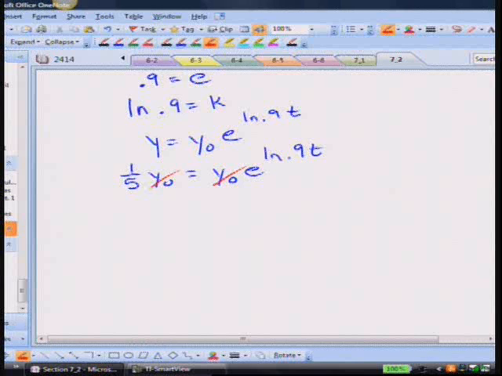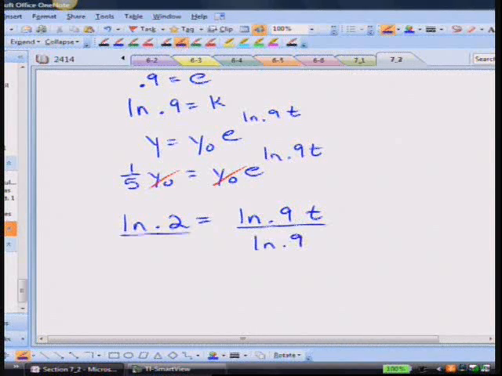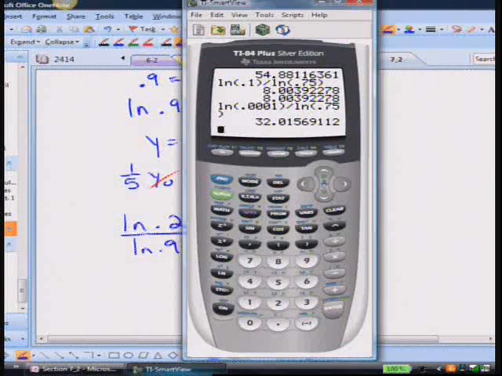And then 1/5 is 0.2. So we can say the ln of 0.2 is equal to, when you take the ln of this, ln 0.9 times t. So you just divide both sides by ln 0.9, and that's your t. So you have ln 0.2 divided by ln of 0.9. And then you get,